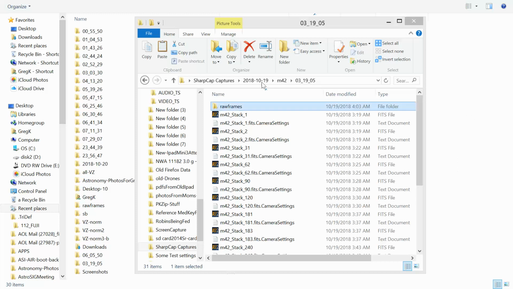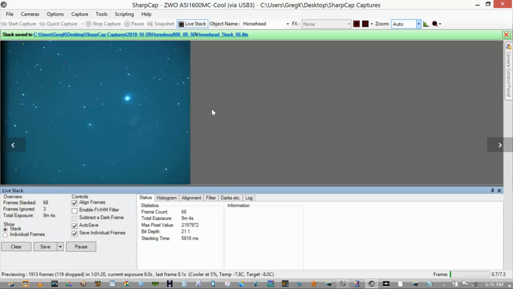Okay, we're going to show some of these SharpCap live capture sessions. I'm going to actually show some screenshots first. This is a screenshot from a capture I took. We can see the date, maybe somewhere when we save it, you can see that it was saved